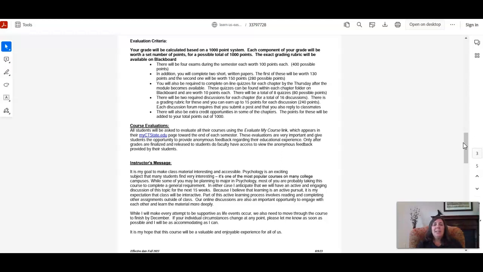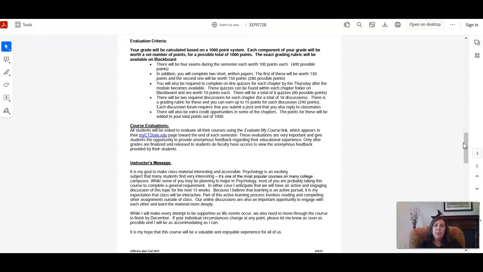So those are 10 points each, a very small part of your grade, unless you don't do any of them, and then it makes a big impact on your grade. Each one of those quizzes you can take as many times as you like, and Blackboard will simply count your highest grade. So they're not meant to be evaluative as much as formative. They're meant to shape what you know so that you go into the rest of the work with a solid